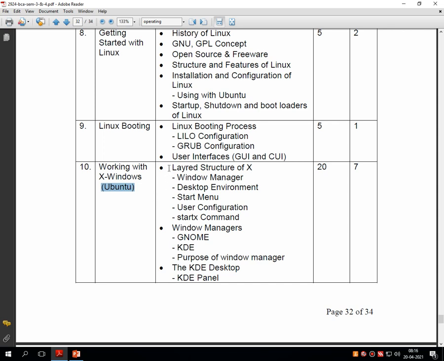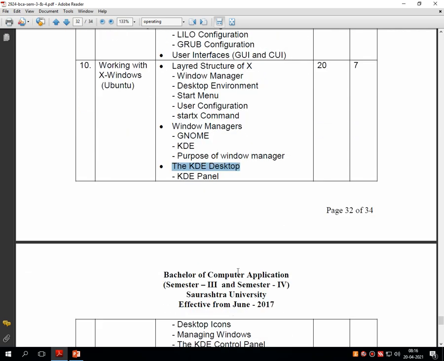It contains various topics like the layered structure of X Windows, Windows Manager, the KDE desktop. Whenever we discuss this particular topic in depth, I will tell you the full form of KDE. We will even see some screenshots of KDE, etc. I'm just introducing the concepts over here.